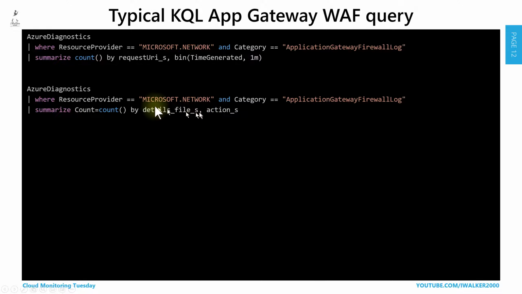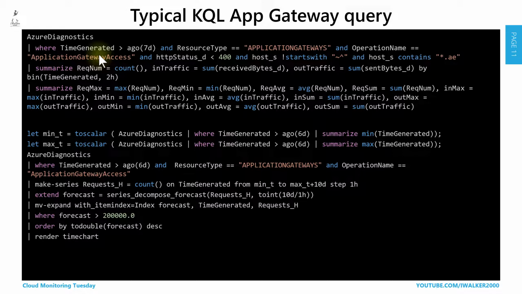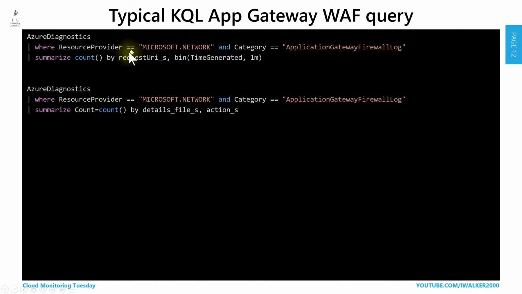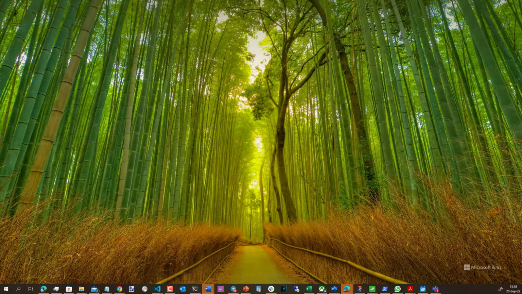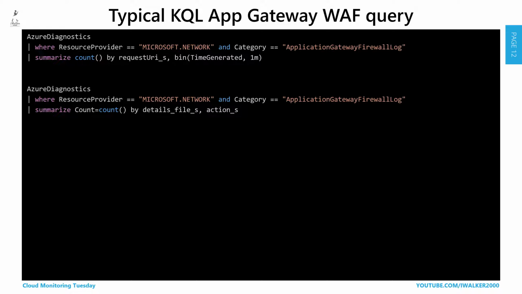And again, the main idea of this query is just to show you that it will be the same Azure diagnostic, but as a resource, you see, previously we used resource type and operation name. Here we use something different, because the firewall works in another way with statistics, and you have to look at the resource provider Microsoft network and category application gateway firewall log, where you can find all of this. Definitely you can find it, and if you look at the tables,